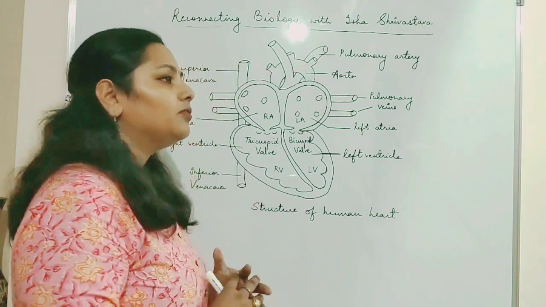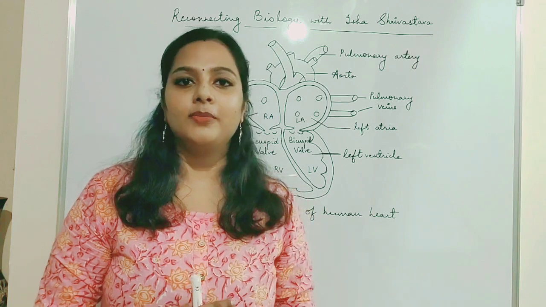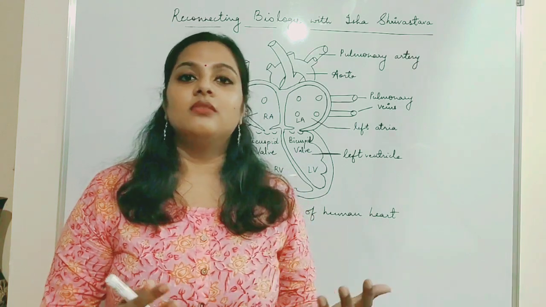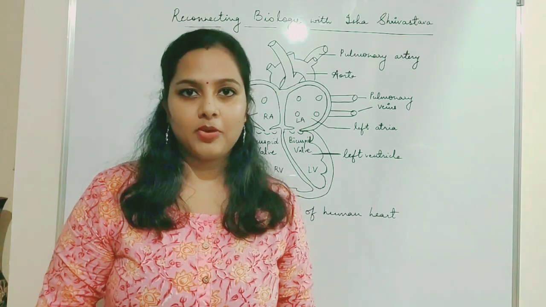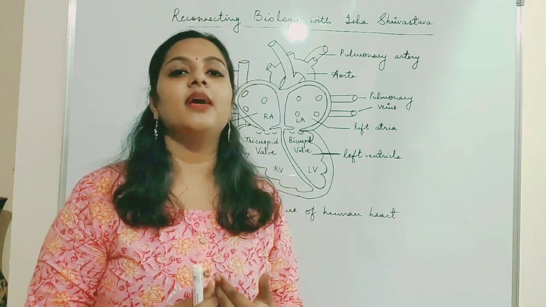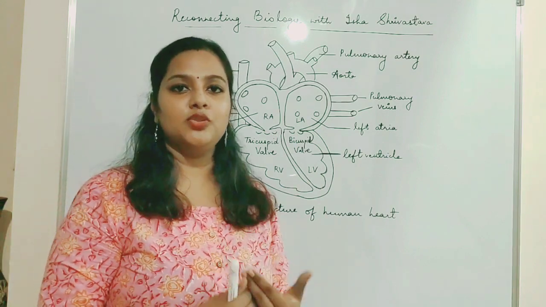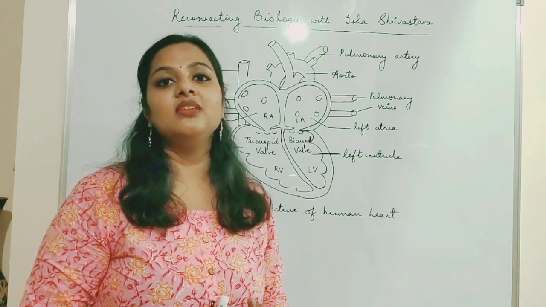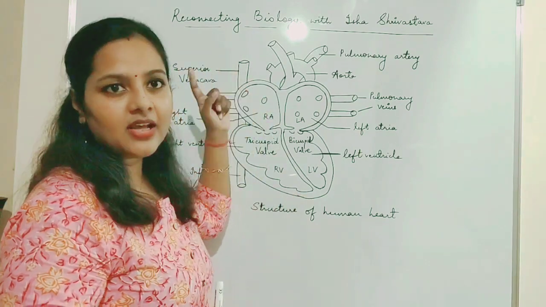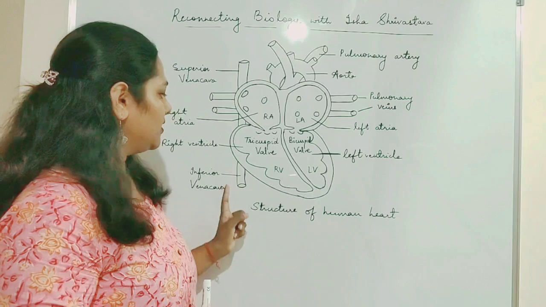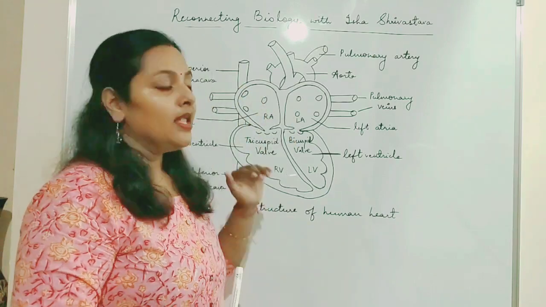Alright. So once the blood is deoxygenated while roaming around in the body, it collects carbon dioxide from every part of the body and then it is brought back to the right atrium. Now the blood is brought into the right atrium by three simple means: the inferior vena cava, superior vena cava and the coronary sinus. Okay, the inferior vena cava, superior vena cava and the coronary sinus.